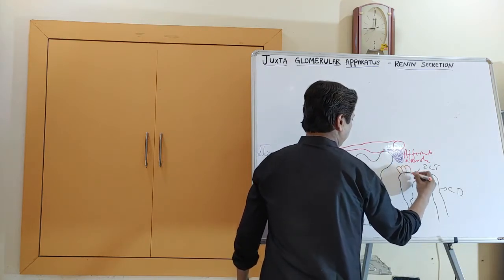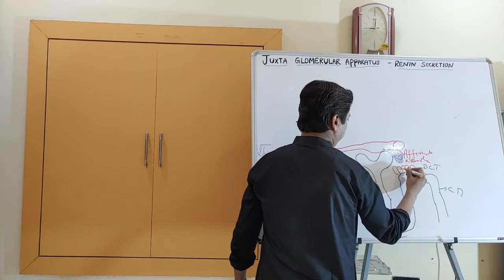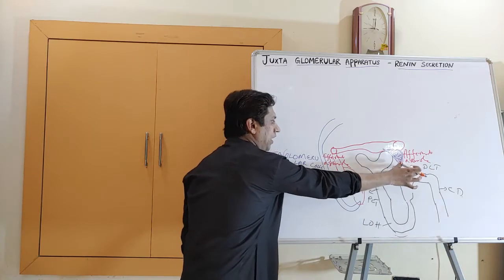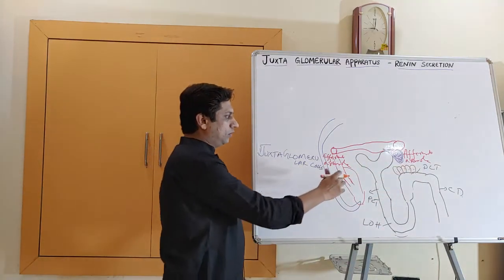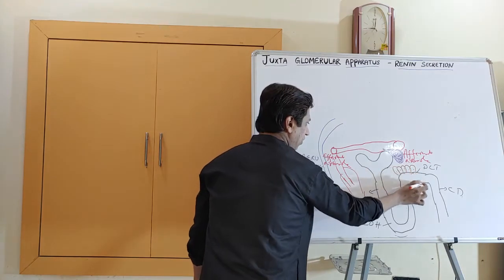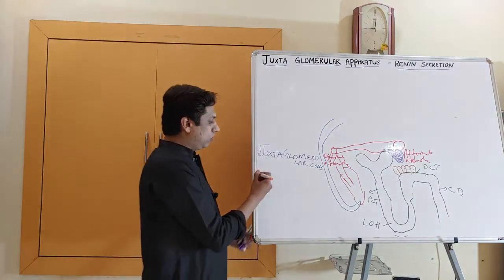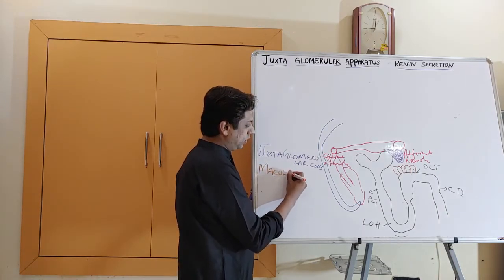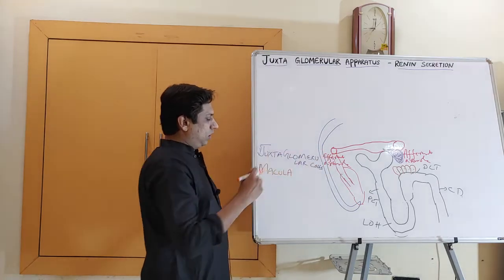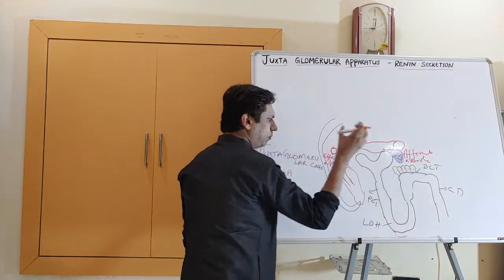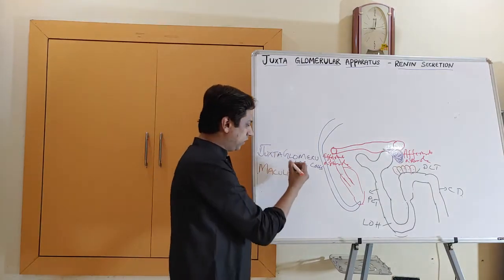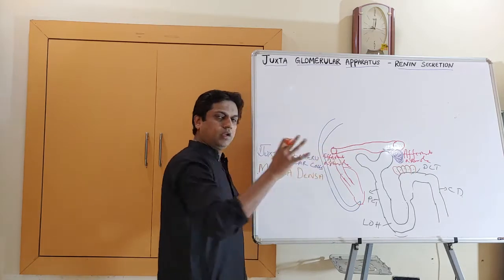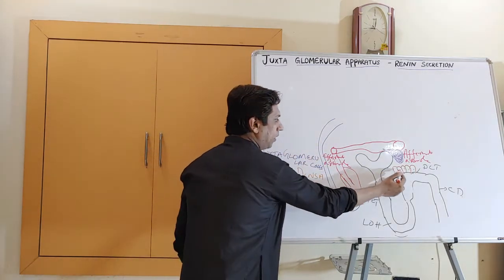So these dense cells, at this place where the thick ascending loop of Henle ends and the distal convoluted tubule starts, these modified cells at the level of the distal convoluted tubule are known as macula densa. Dense, they appear. When the histological structure was studied by researchers, this part appeared a bit dark, that is dense. That's why it is named macula densa. Macula means a spot which is dark.